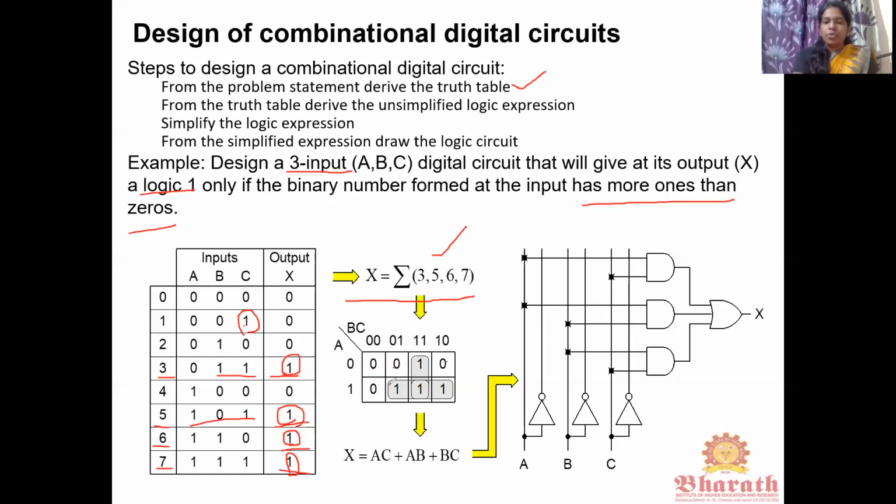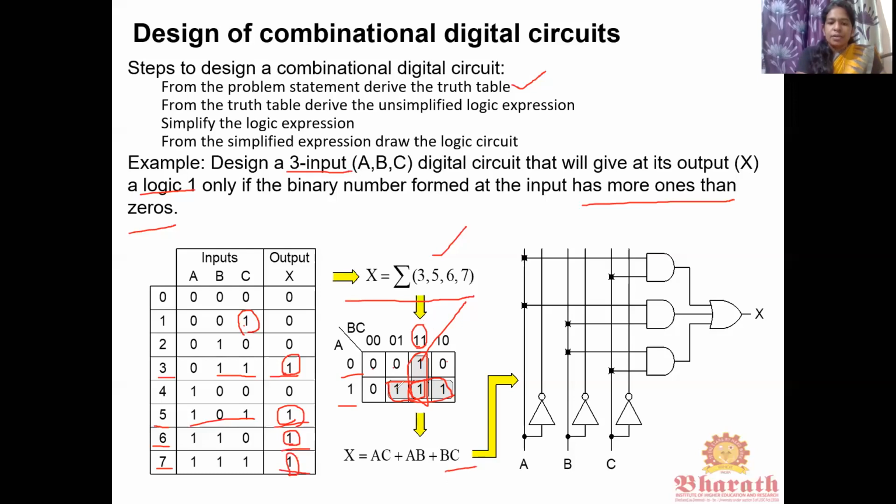You all know how to group. So these two can be grouped. As I already told, we can't able to group 3 ones or 5 ones. So we can group only 2 only. So these two can be grouped. These two. Then this one is remaining. So you can group with this one. So you have to find the expression. So first take this one. 0, 1. A is different. See the BC value, only one column you are having. So take BC.